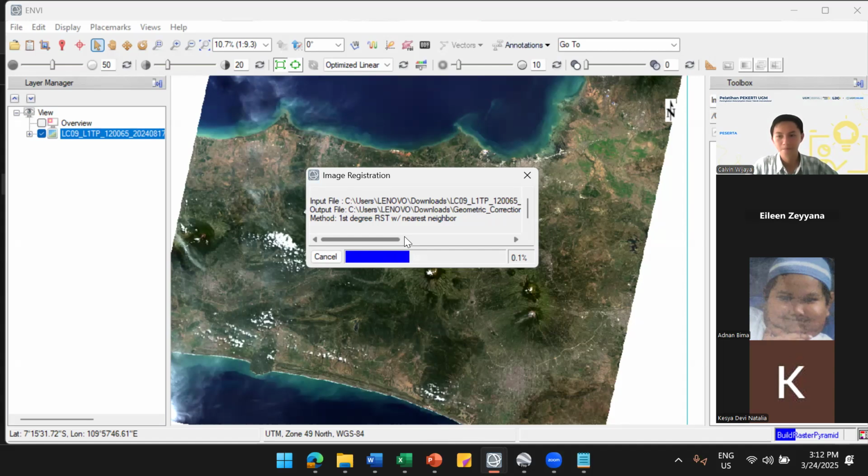I have a question. Okay, Alien. Since there are 16 ground control points, my question is do they have a particular order? Back in the photogrammetry course, there was a specific order.